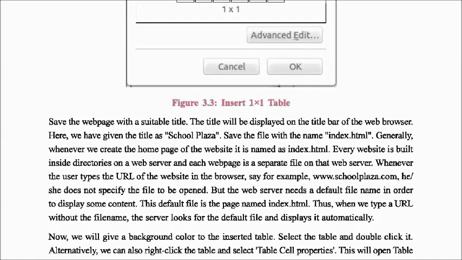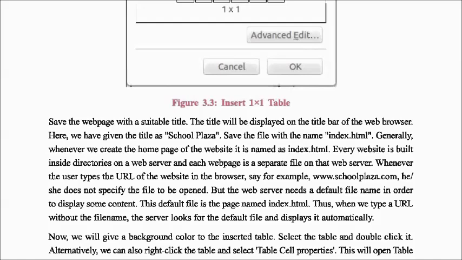Whenever the user types the URL of the website in the browser, say for example www.schoolplaza.com, he or she does not specify the file to be opened, but the web server needs a default file name in order to display some content. This default file is the page named index.html.